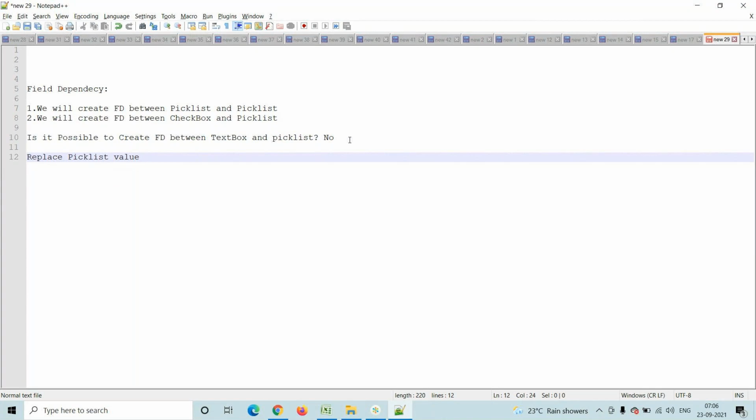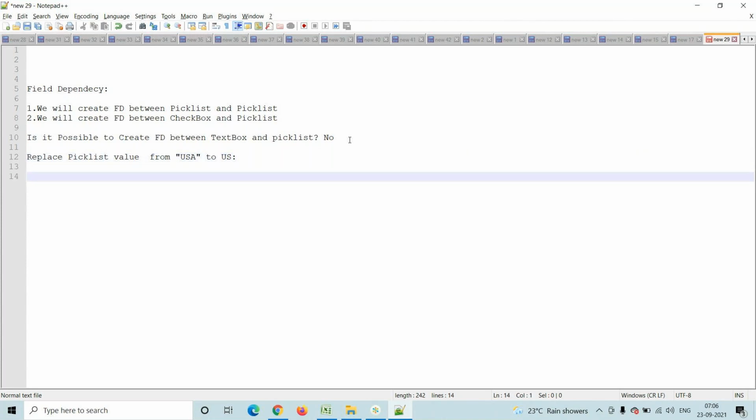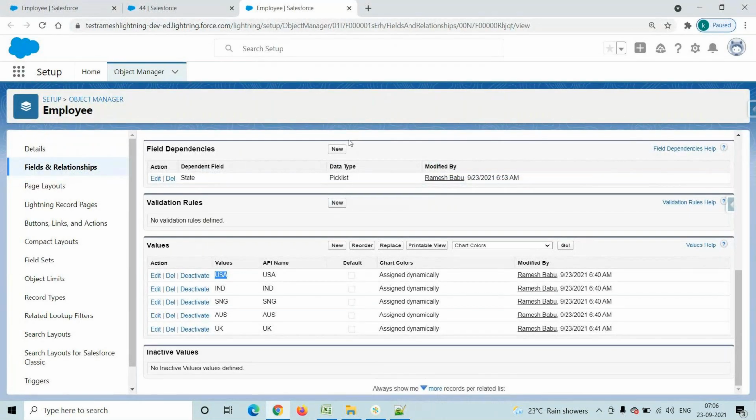Regularly clients will ask us to replace a pick list value from USA to US. We have country as one pick list field, and in that field USA is one pick list value.